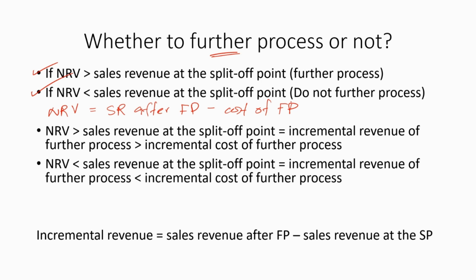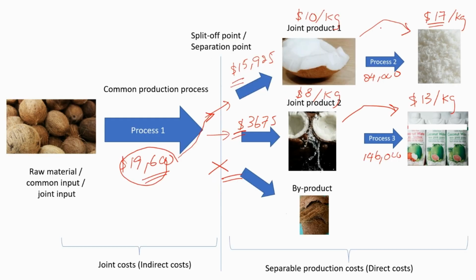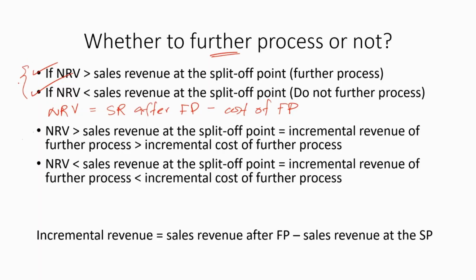If the net realizable value is greater than the sales revenue at the split off point, we can further process. This means if the net realizable value of the desiccated coconut is greater than the sales value of the coconut meat, we can decide to further process. Otherwise, we can decide not to further process because it will make a loss. We can explain these two conditions as follows. If the net realizable value is greater than sales revenue at the split off point,